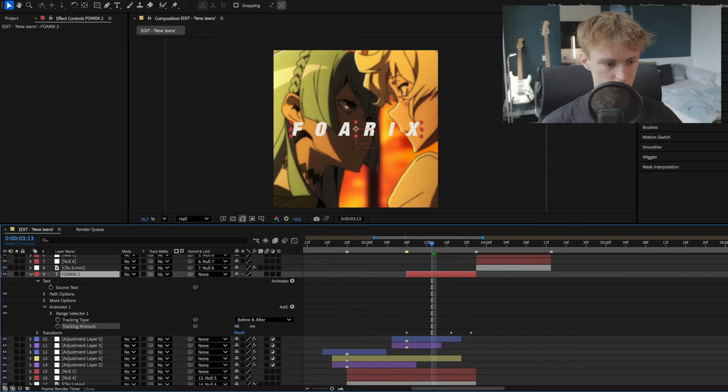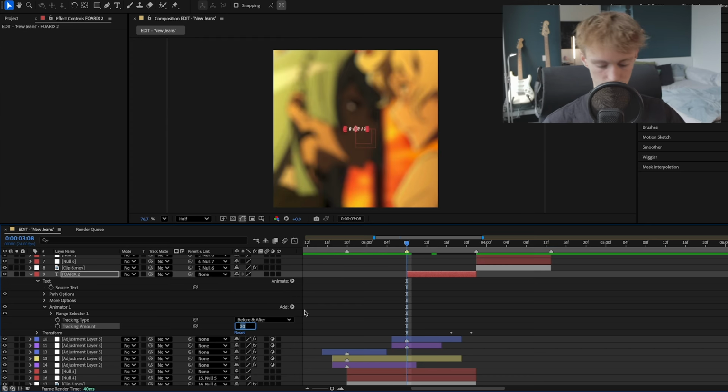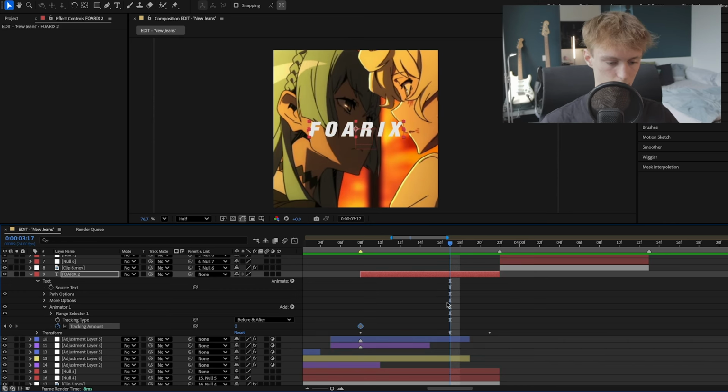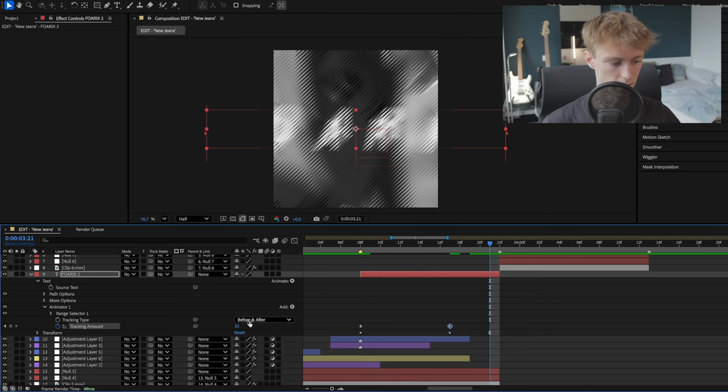Alright, so now as you can see, if you change the tracking, it's really nice because it tracks on both sides. So we're going to go to the beginning, set it to 0, then animate it of course. And now we're just going to go to the exact same position as we previously did with the scale, and then just drag it a little bit like this, and then go to the end,